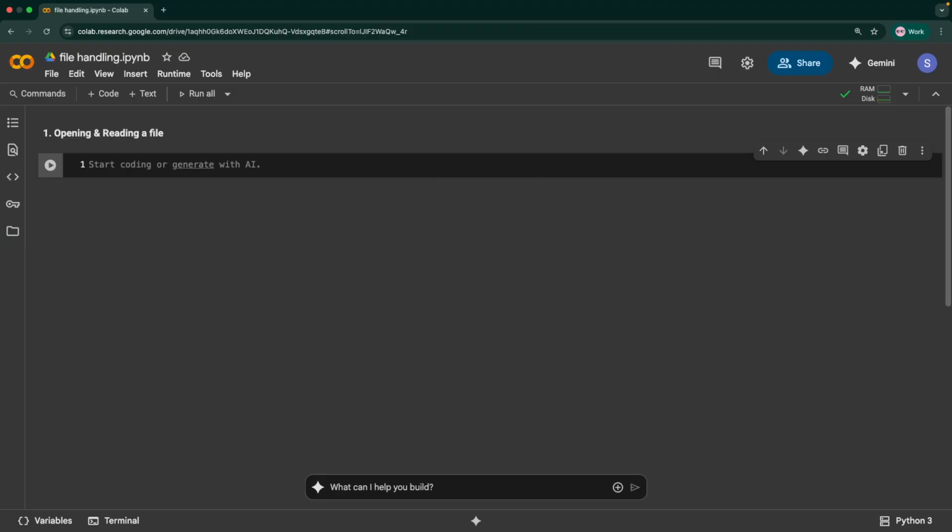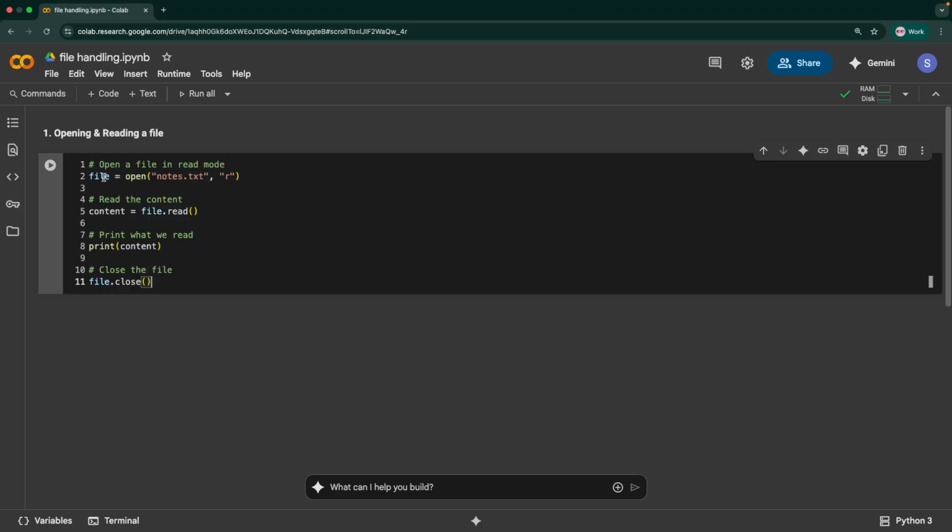So we can simply use this code snippet that I write right now. I can say file is equal to open. This open is an inbuilt Python keyword that's used to open a file. So here we have this nodes.txt file, right? And we have this R. R stands for read mode. Okay, so file is equal to open nodes.txt R, and then when you say file.read, this file is opened in read mode. You can also open in write and different modes as well.